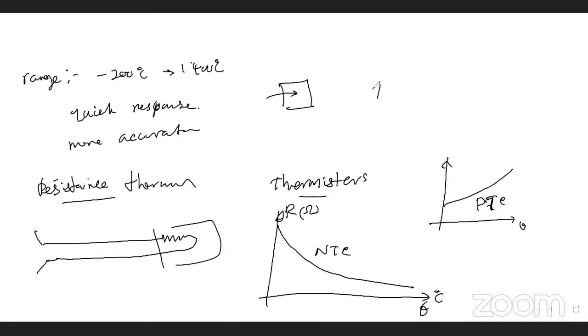The resistance at temperature theta equals the resistance at 0, which is R0, times 1 plus